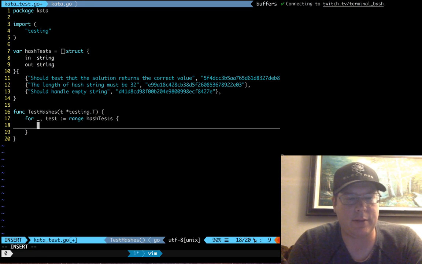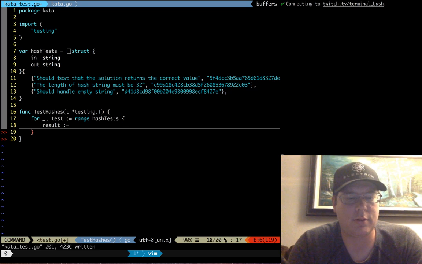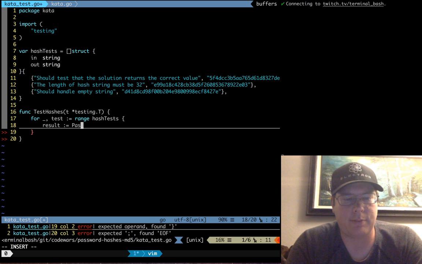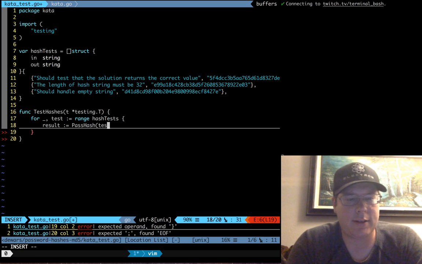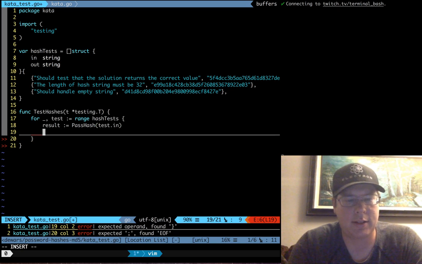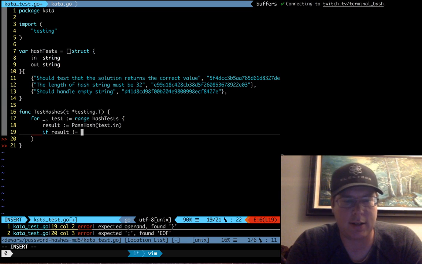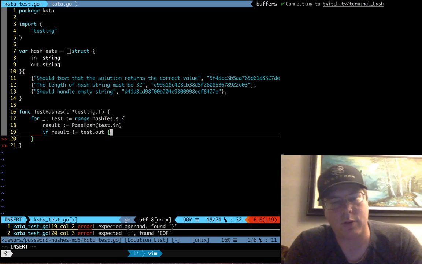That's where we're going to get our result, and that's going to be equal to pass hash, and then test.in goes in, and then we say if result does not equal test.out,